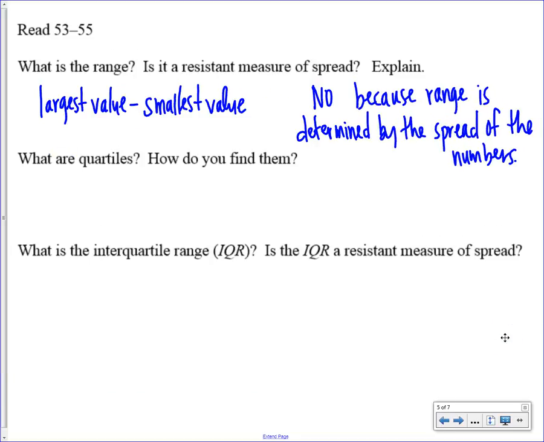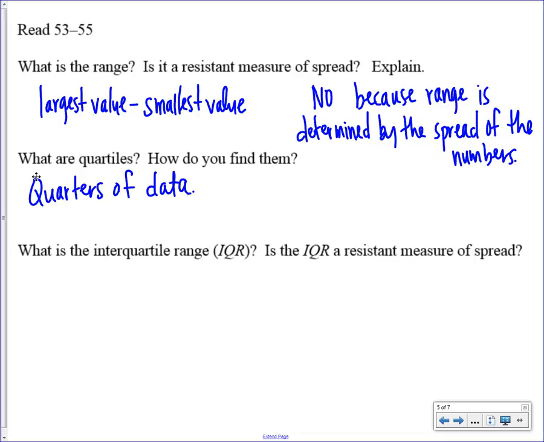It's upper and lower parts of the stack. Bronze. Okay. Yeah. I said upper, upper and lower. I know you meant, but how do you find them? How do you find the quartiles?